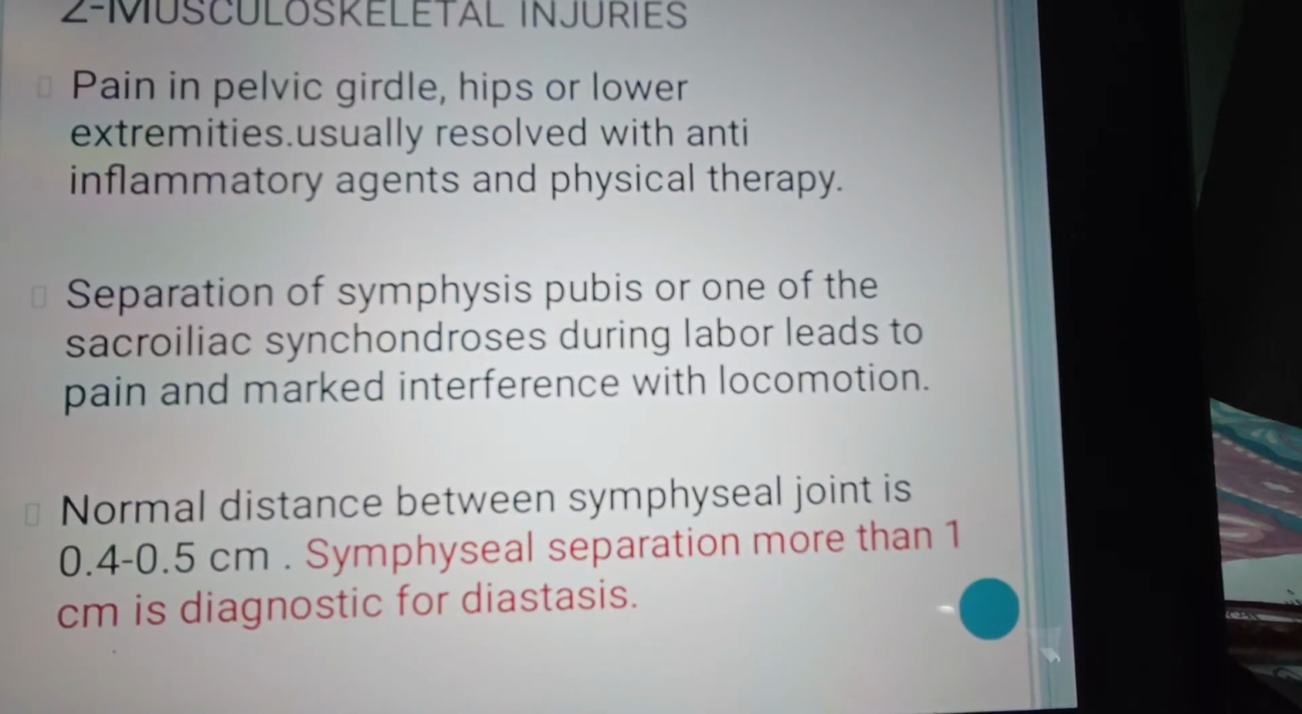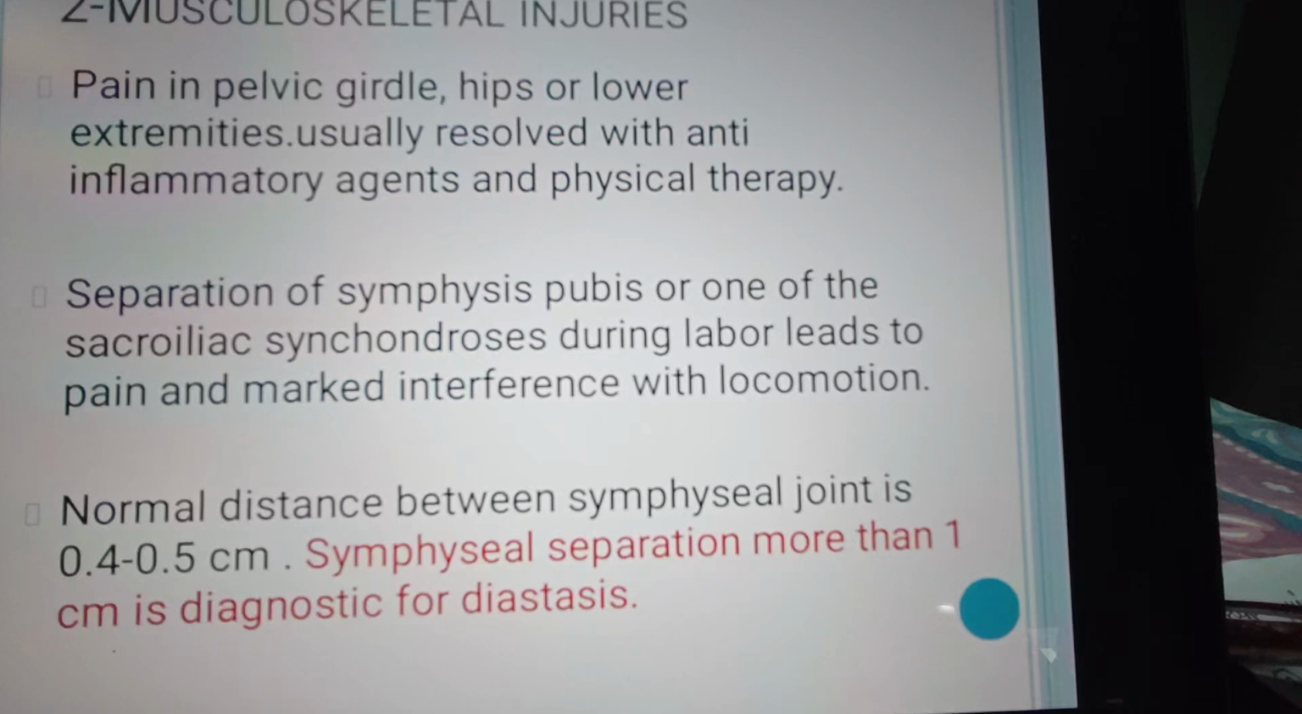Now what are the musculoskeletal injuries that can happen? So patient can present with pain in the pelvic girdle, hips, lower extremities, which usually resolve with anti-inflammatory agents and physical therapy. If there is separation of pubic symphysis, also known as symphysis pubis diastasis, or one of the sacroiliac synchondrosis during labor, it can lead to pain and marked interference with locomotion, and the normal distance between symphysial